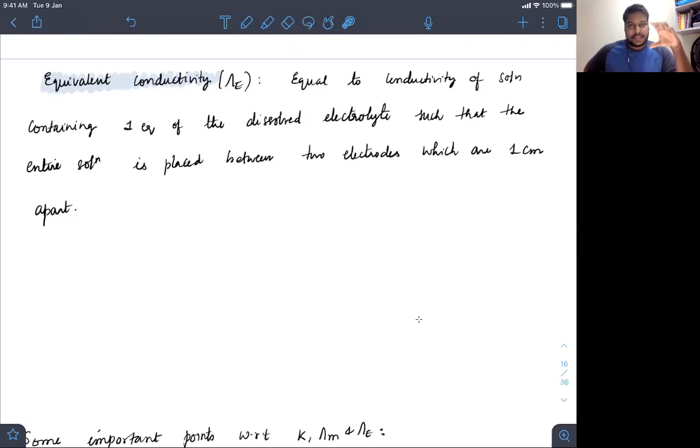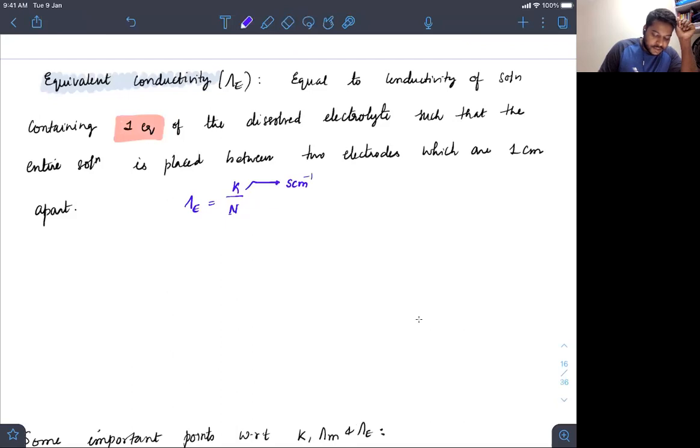Now let us see what is equivalent conductance. Equivalent conductance is the same definition of what molar conductance is. Instead of 1 mole, here the logic is about 1 equivalent. That's all. So we need to have 1 equivalent of the dissolved electrolyte. Therefore, lambda E can be defined as kappa divided by normality. There it was molarity, here it is normality. That's it. Here the units are Siemens centimeter inverse, and here the units are equivalent per